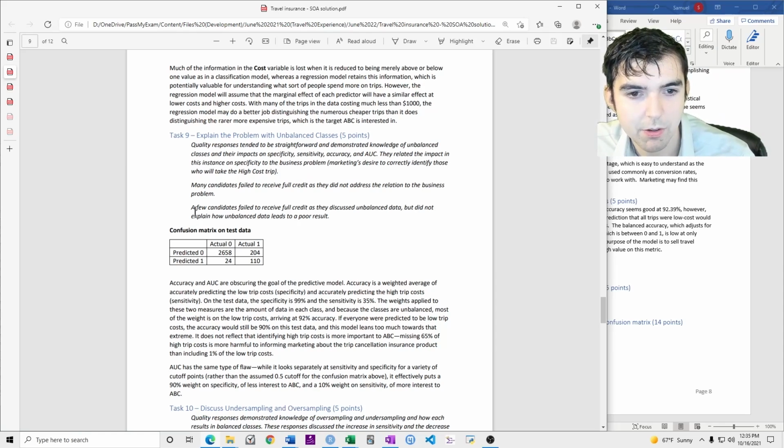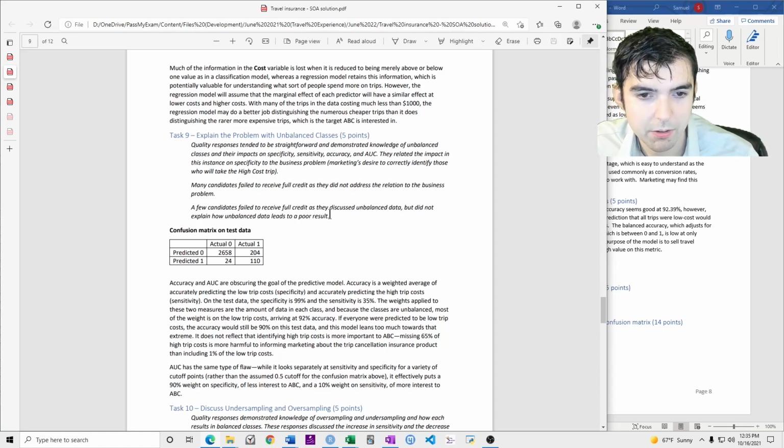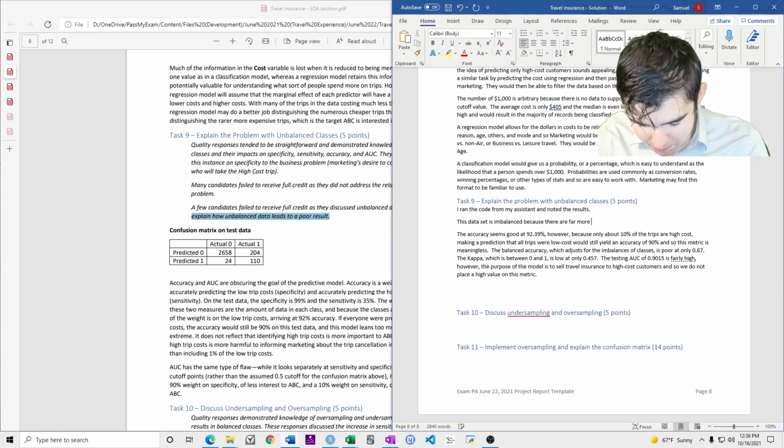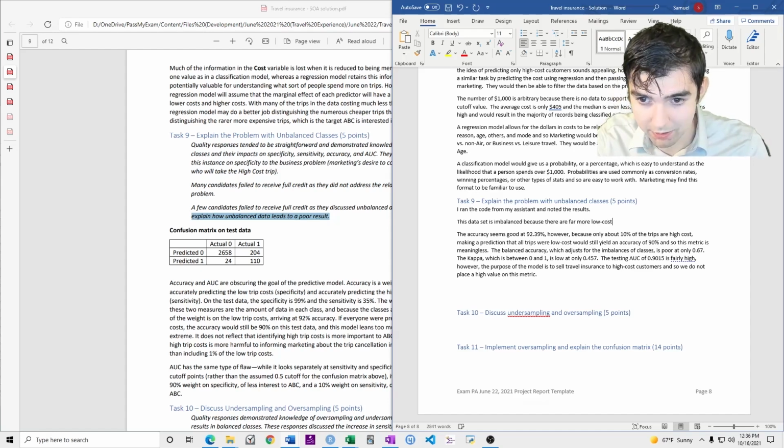A few candidates failed to receive full credit as they discussed imbalanced data but did not explain imbalanced data leads to a poor fit. Oh yeah, so this data set is imbalanced because there are far more low-cost trips.